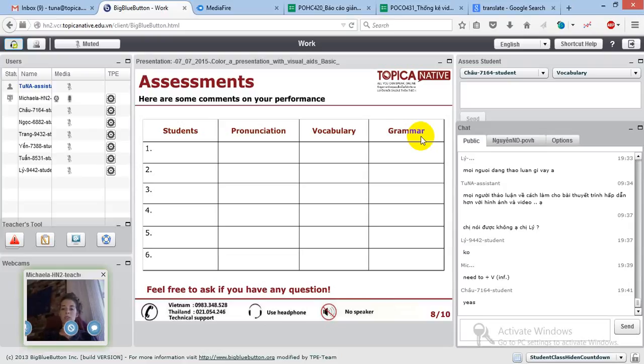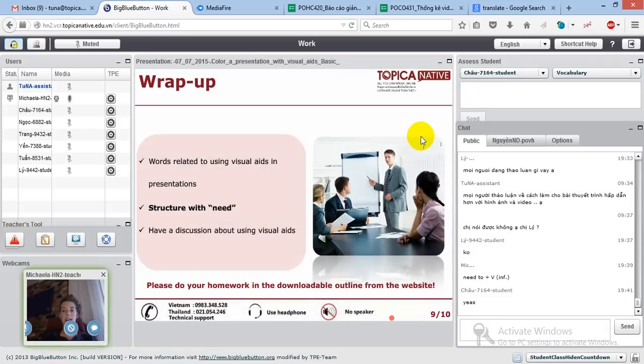Chow, good job with the new structure, everyone. Good job with the new structure, very clear sentences, Yen. Good job with the new structure, Tuan, and good job overall. And same with Chow. So everyone did really well tonight. Note the corrections that I've made throughout class in the chat box. And I hope you enjoyed class. I certainly did. We learned words related to using visual aids in presentation, the structure with need to,